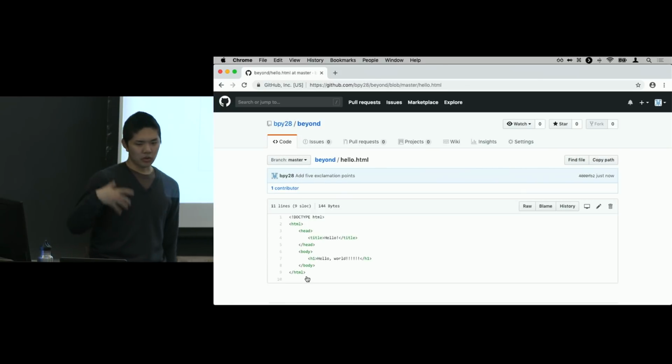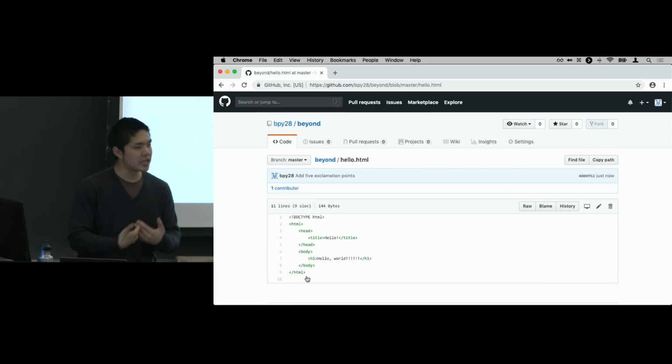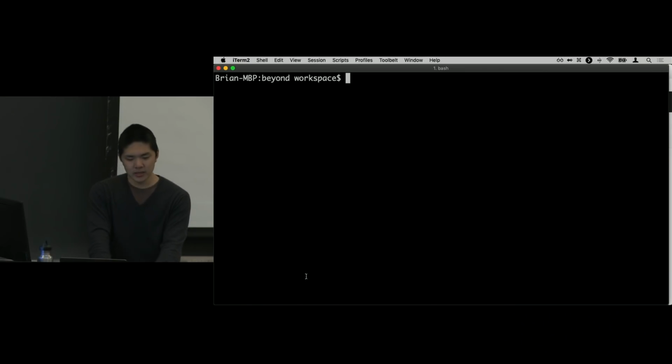So I've made a change on my local computer. I've made a change on GitHub. And importantly, these changes conflict. They're changes to the same line of code. And Git is not going to know, when it tries to take these 2 changes and merge them together, which one it should listen to. So I go back here. And now if I try to git pull,